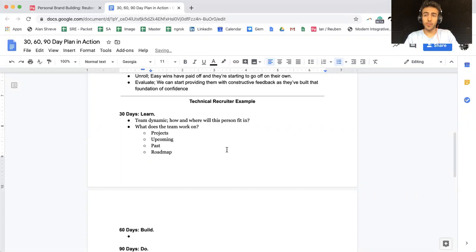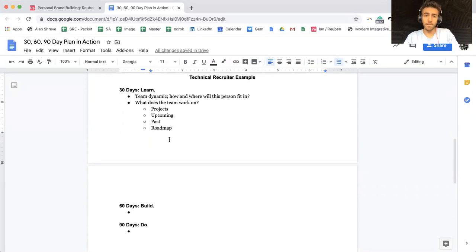Because of course, when we're recruiting for this role, we need to understand what the teams are going to be working on. So the next section is to keep building. We have team dynamics of the company, and we have the projects that those teams are working on. Let's bullet point those, and then let's go here.